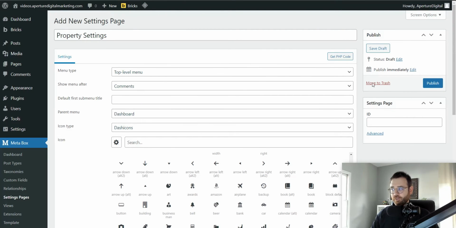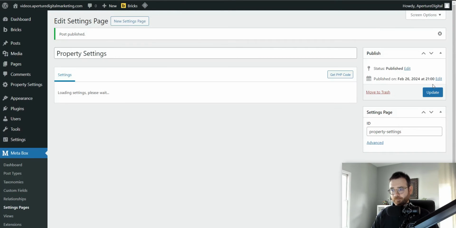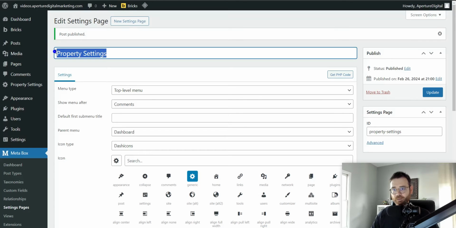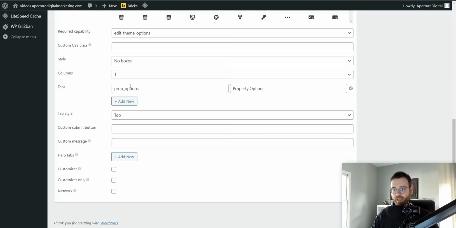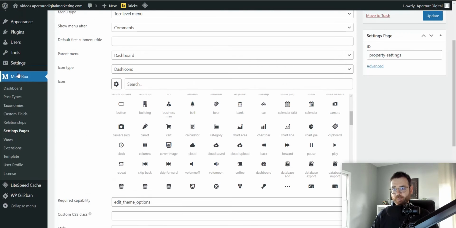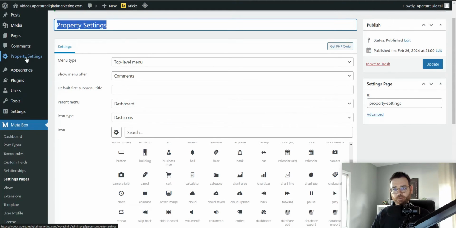And that is all you're going to do there. Click Publish. So 3 things: the name, the icon, and then add the tabs. So if you go and look at your settings page,